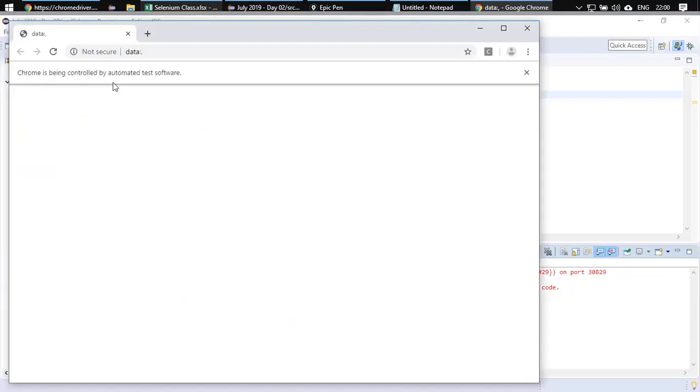Just try this yourself and try opening Firefox, Internet Explorer, and Edge browsers as well. So this was for today's lecture. If you have any queries,